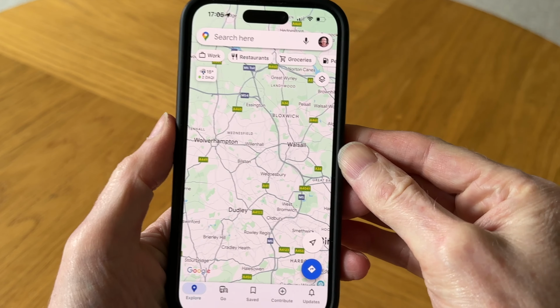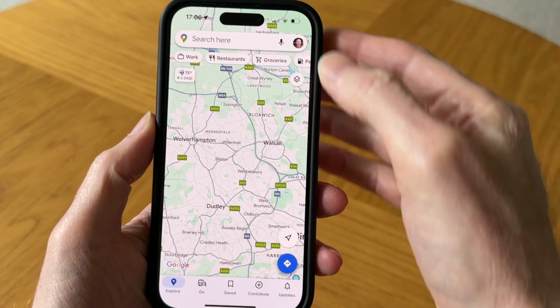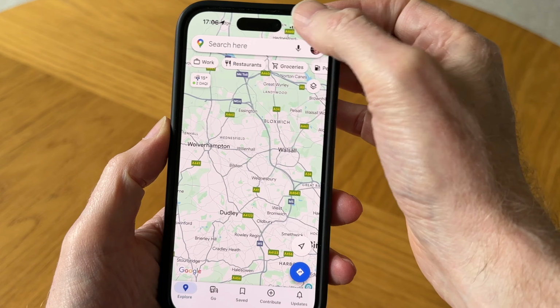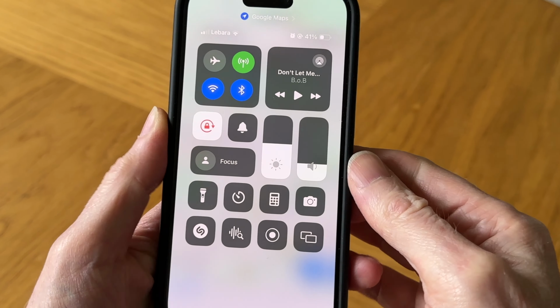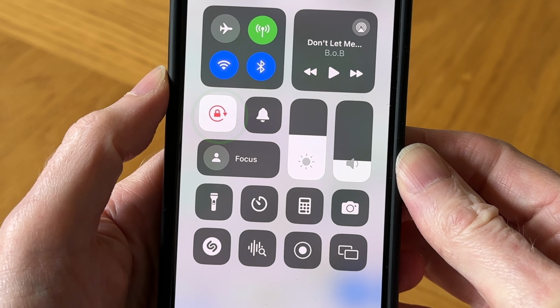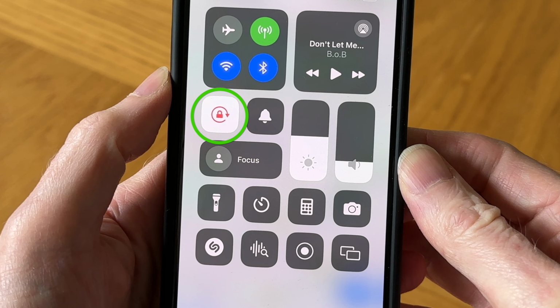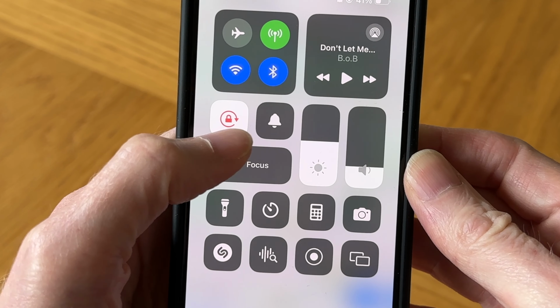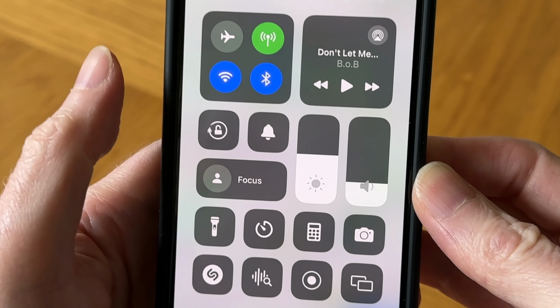What you need to do is go to Control Center. To get into Control Center, you just swipe down on the right hand side of your screen. And here on the left hand side, you can see this icon with a lock on it. It sets the portrait orientation of your iPhone, and it's set to lock. So all we need to do is tap on this icon to unlock it, and then if we come out of Control Center